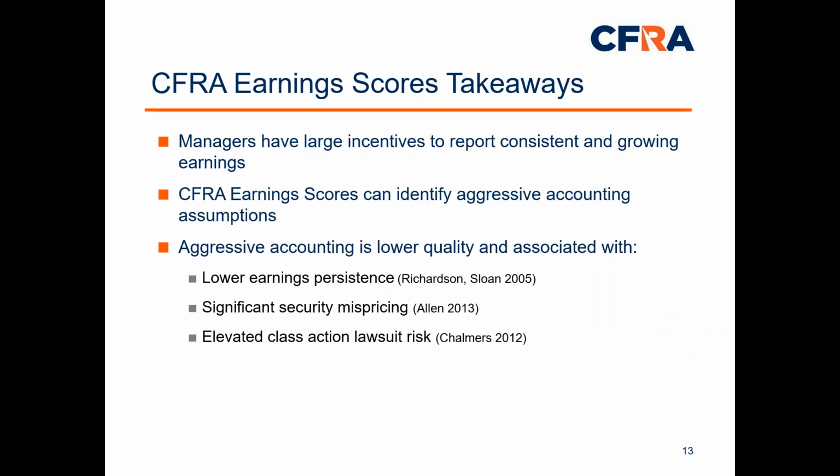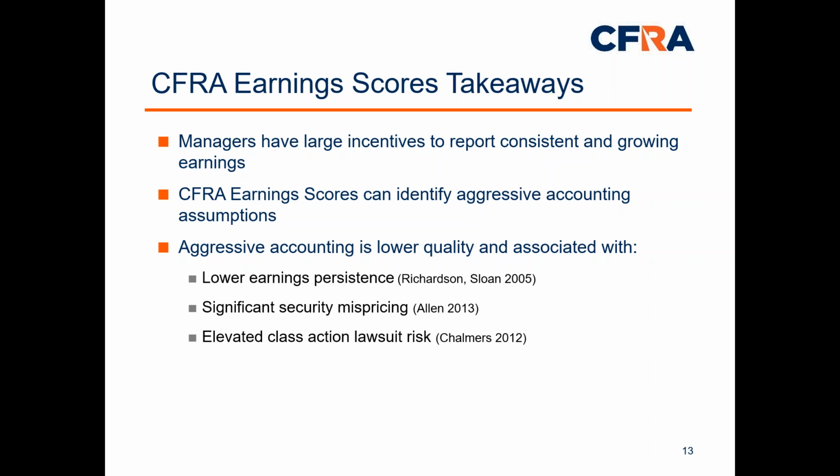A few takeaways from our discussion of the overall level of accrual usage and the motivations for using accruals. We learned that managers have very large incentives to report consistent and growing earnings. CFRA earnings scores can identify aggressive accounting assumptions, and aggressive accounting is associated with lower quality reporting and often associated with lower earnings persistence, as pointed out in Sloan's seminal paper in '96 and followed up by Richardson and Sloan